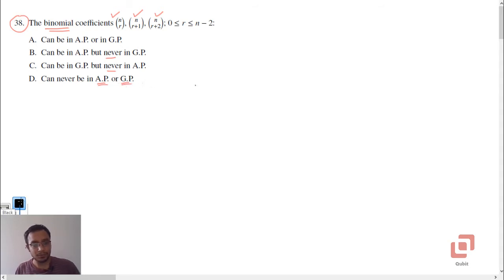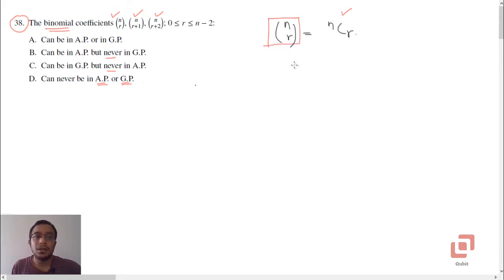Alright, now for those of you who may not know, the alternate notation for nCr is n, and you write r below it, and then you put a bracket covering both of them, but you don't write anything between n and r. Okay, so this is nCr. People are more familiar with the other notation, but this notation is also very commonly used.